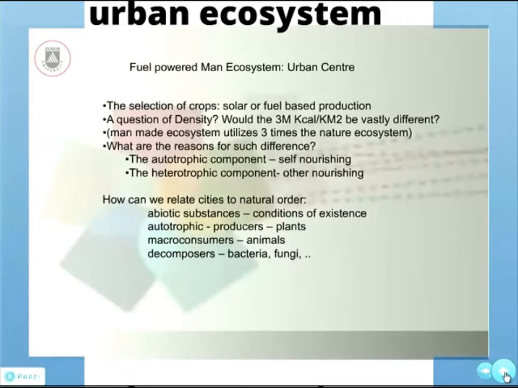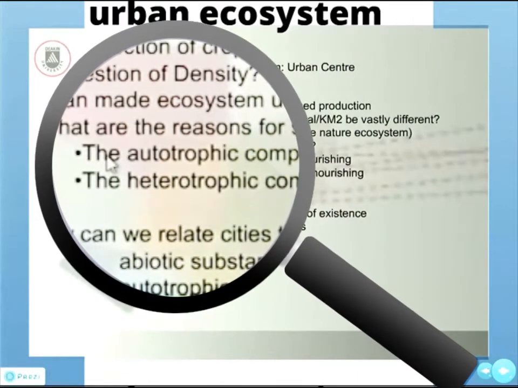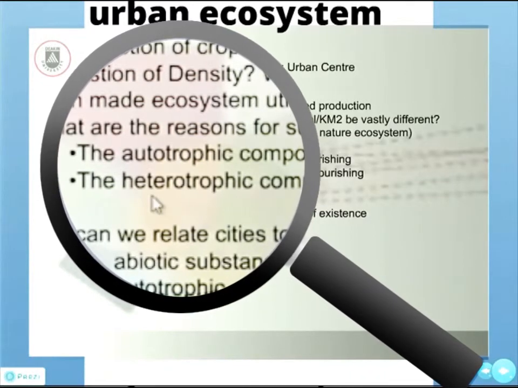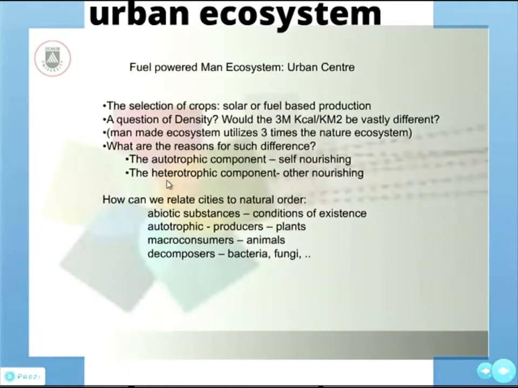How can we increase our capacity of using a system which is solar powered rather than a fuel powered system? In order to be able to differentiate between these ecosystems, we need to understand the difference, which I mentioned before, between the autotrophic and the heterotrophic. So for a very simple way of looking at this, cities are not just buildings. You could say that not all the cities are heterotrophic, because a large part of the cities are autotrophic. We have gardens, we have parks, we have vegetation, we have lawns, right?